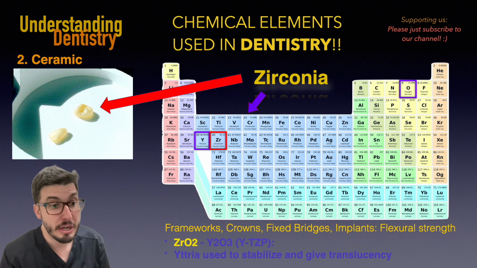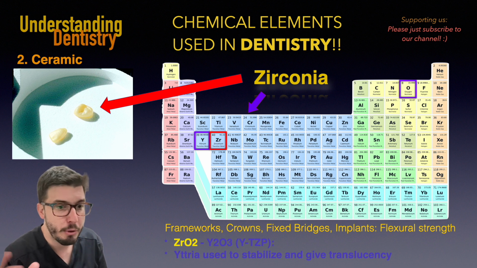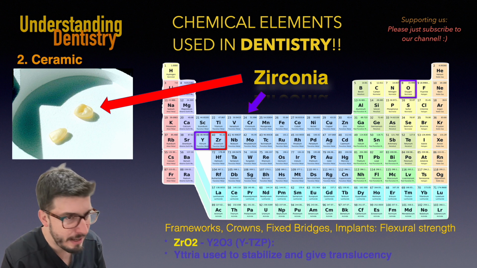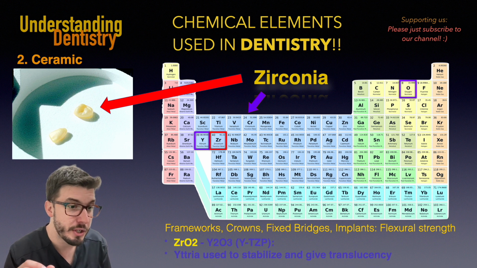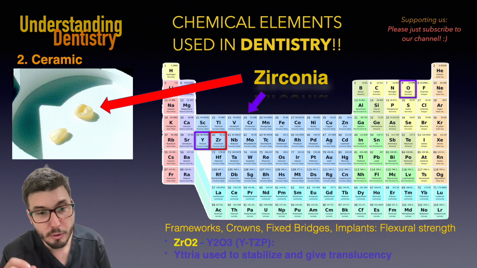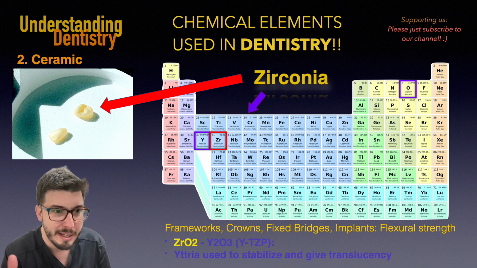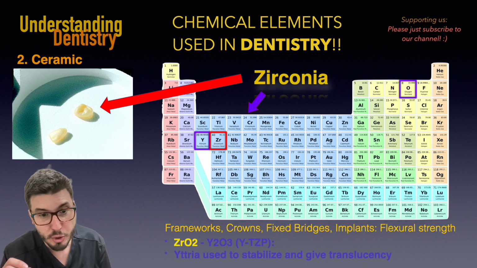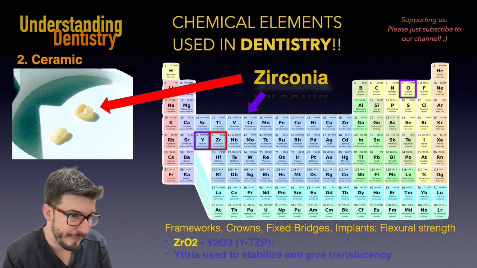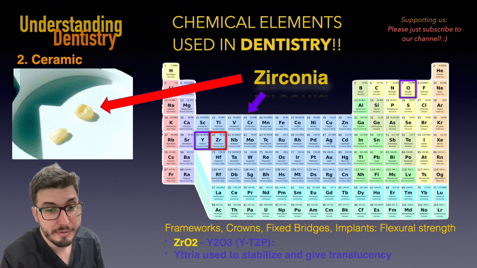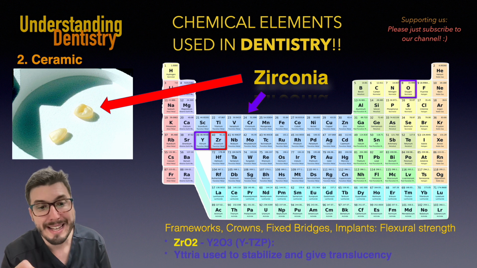All right, now we have the ceramic materials. So now we start a different family of materials, which is very important for a lot of restorations. So let's check them now. First one, zirconia. And zirconia means the dioxide of zirconium, right? So this is ZrO2, and then yttria, which is basically Y2O3, from the element yttrium, is also usually added to get more translucence and even to stabilize the alloy. So we have now the tetragonal crystals of zirconia called YTZP, all right?